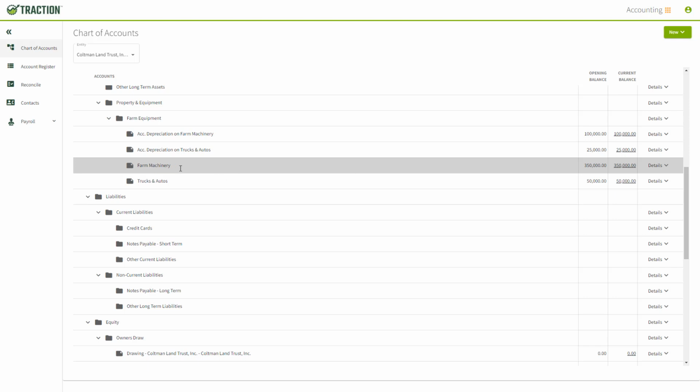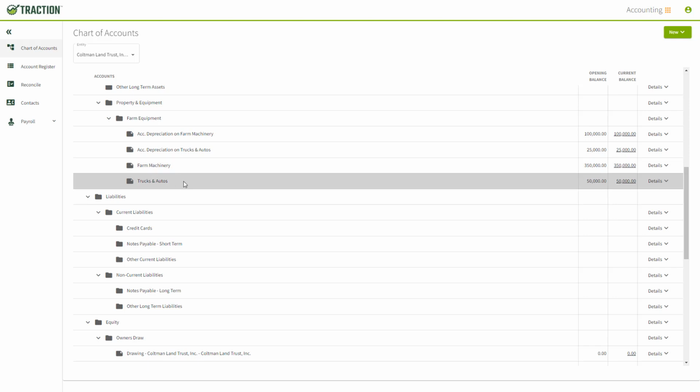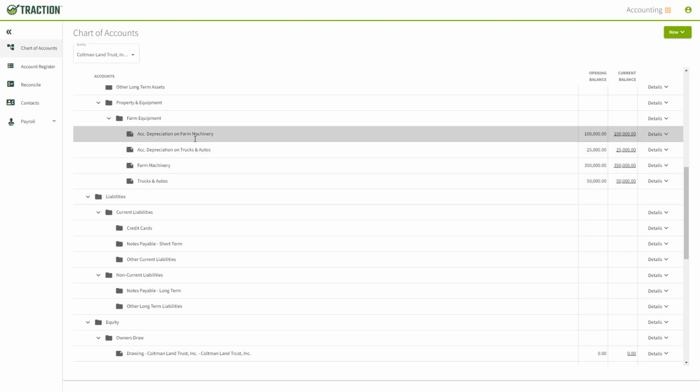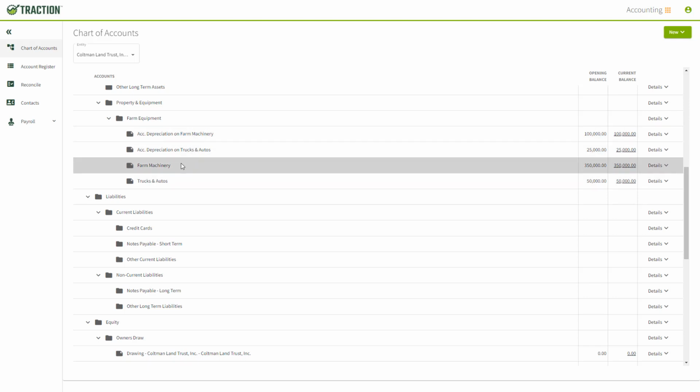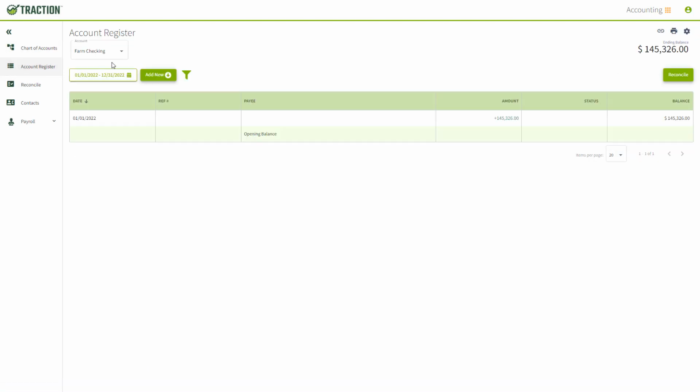I have one called Farm Machinery and another called Trucks and Autos, and there are two accumulated depreciation accounts that are associated to each of these. So that's the first thing that you have to do before you purchase equipment, is set up your equipment account. Now I'm going to go to my account register, choose my checking account, and I'm going to do a new